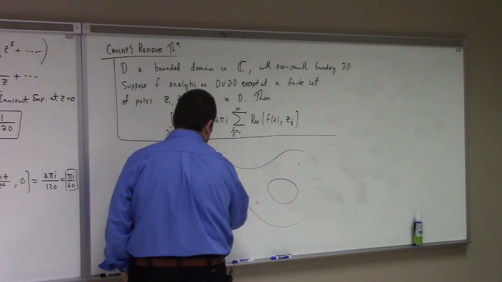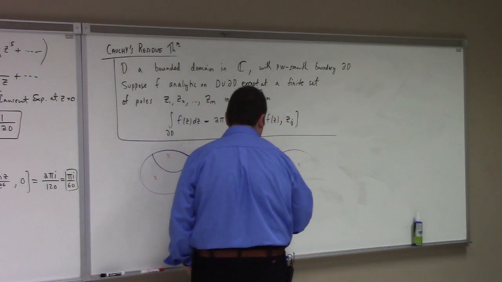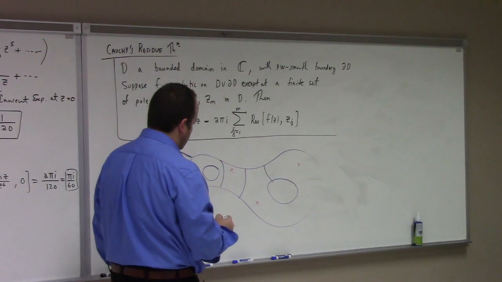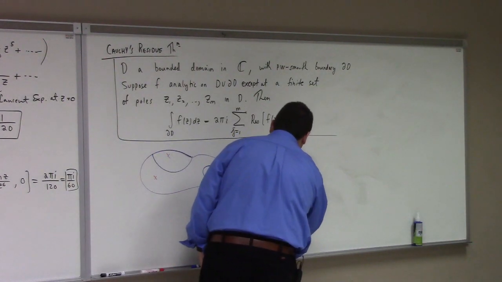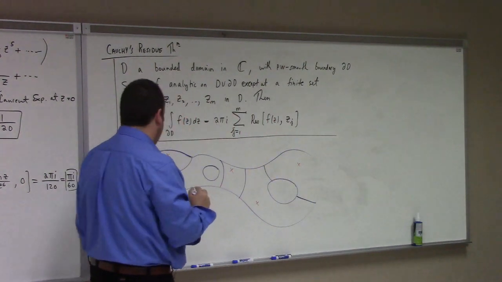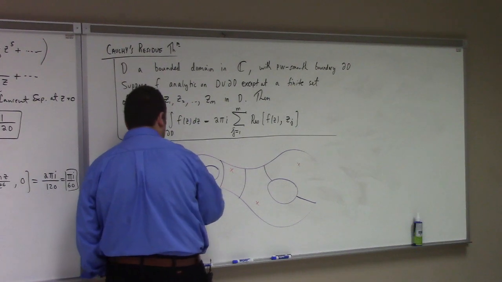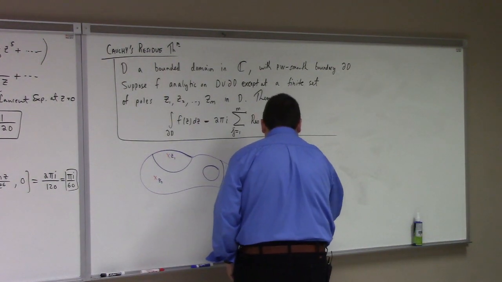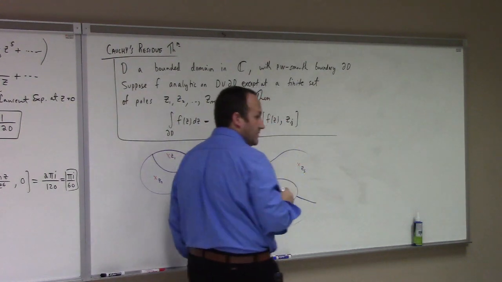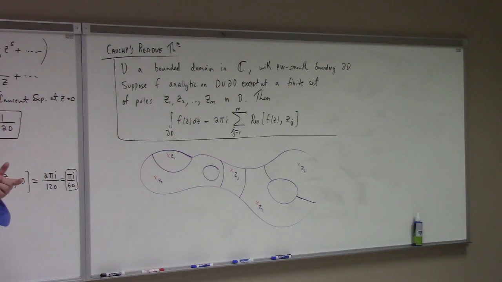Here we go. I think I need one more cut. So maybe this is z1, this is z2, z3, z4, z5 in my picture. Then on any one of these bounded domains, we can calculate the